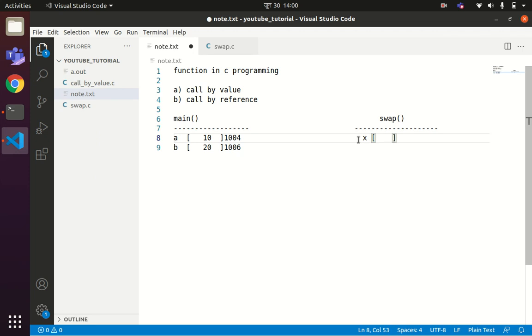So 2 bytes of memory space is allocated for variable x, and this memory location is associated with an address. Let us say the address is 1010, and another variable we have is y, and the address associated with this variable is suppose 1012.